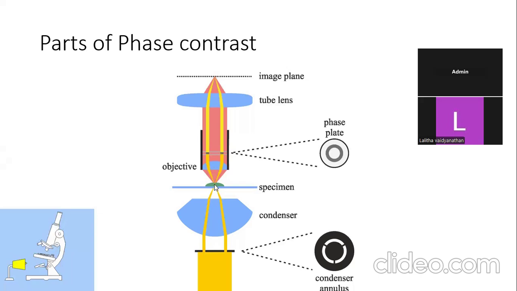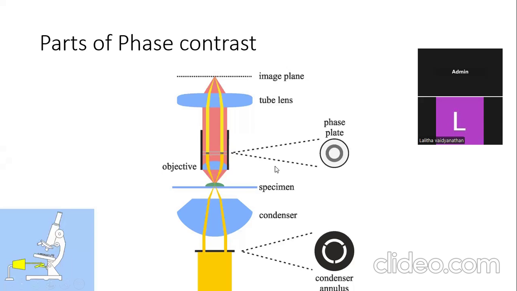Take an example: a cell is there, and when the light reaches the nucleus, it is going to diffract. It is going to change the refractive indices. When the refraction and the diffraction take place, the amount of light is contrasted. How does this take place? That we will see in the working principle of the